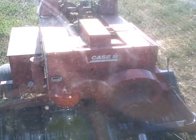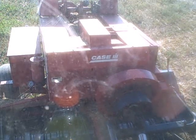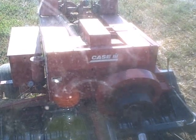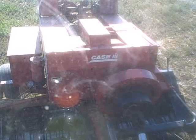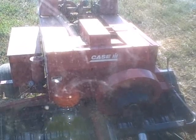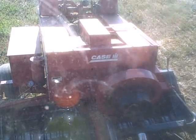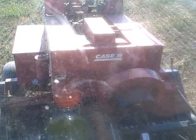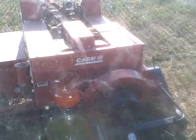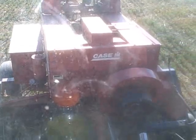Okay, we're set up. I got my moisture tester on. Let's see if we can't make some hay. We're running about 1800 RPMs. And yeah, we'll start wherever I had my moisture set. We're going to run it in A1. I'm going to try and get a mount on the back so you guys can see the bales coming out, but I don't know how that's going to work. At least I got my old camera, so if something does go wrong,